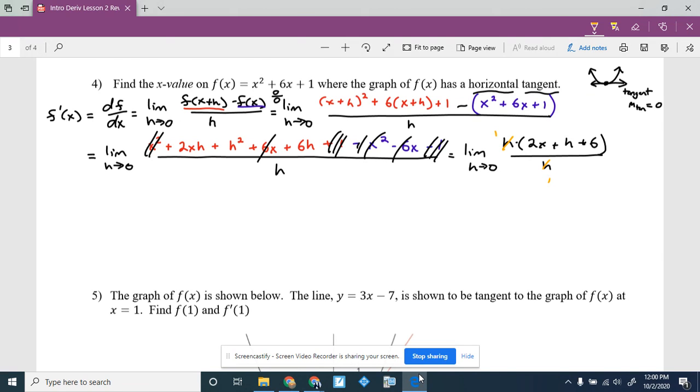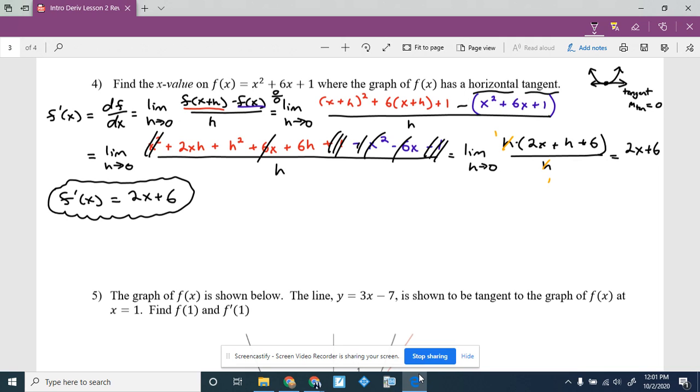And so now when I go ahead and substitute 0 for h, it's going to work, right? So you remember, you're putting 0 in for h. So it'd be 2x plus 0 plus 6. So that's 2x plus 6. So our slope producing machine, our derivative, is 2x plus 6. Remember what this is. This is a formula for the slopes of all of the tangent lines at any point